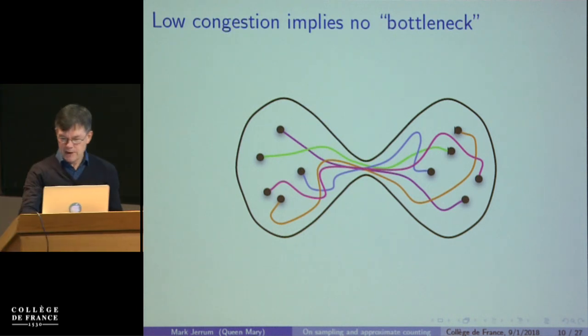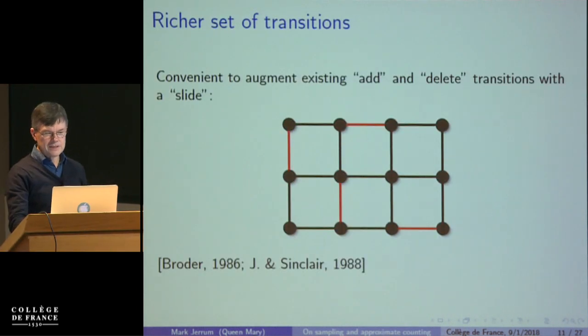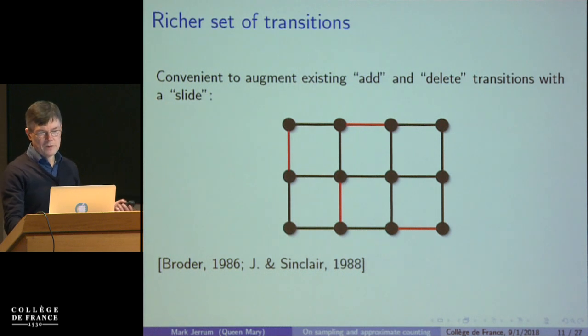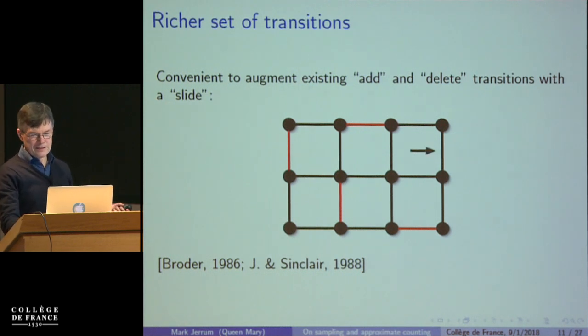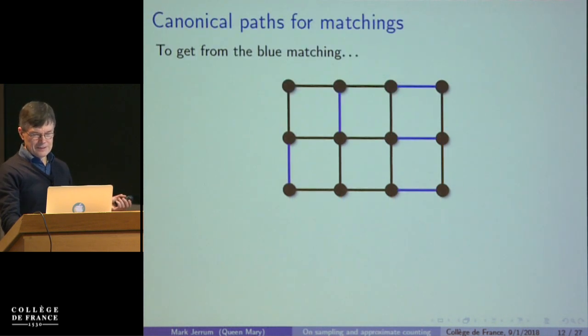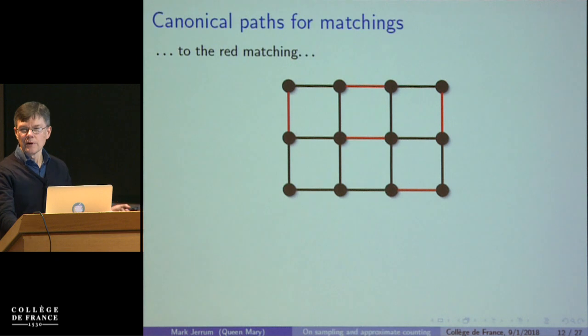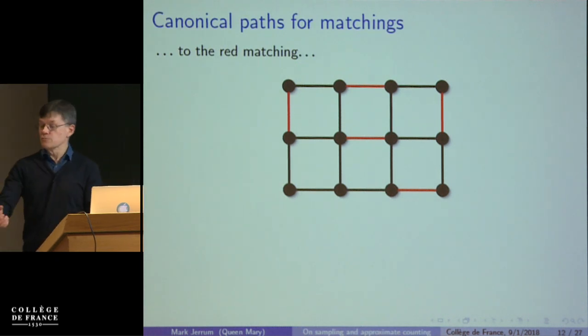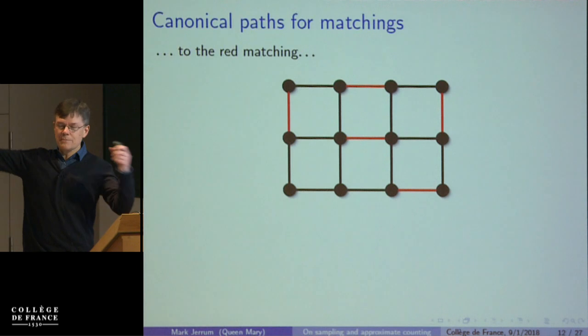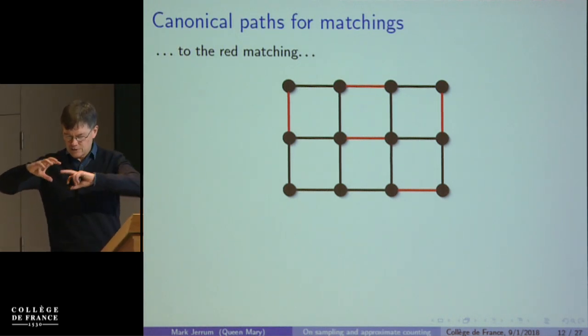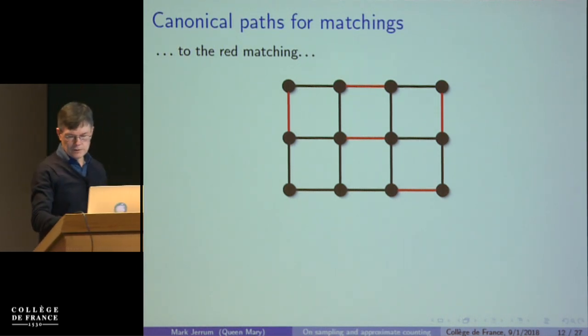Now, the next bit I am going to just leave out, which is to say how you would manufacture these canonical paths. I think we'll skip right through this. So this was explaining how to get from a blue starting point to a red starting point in a more subtle way than just ripping out all the blue edges and putting back all the red edges. And so trying to do it in a way that avoids the hotspots.